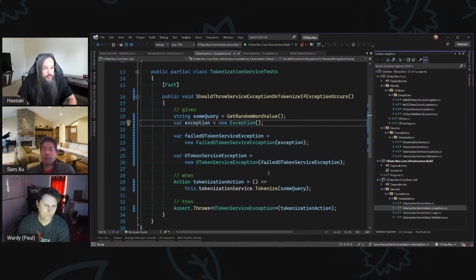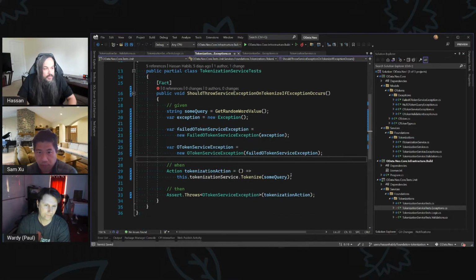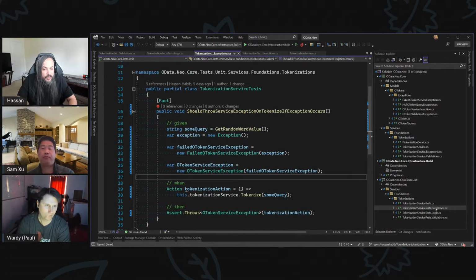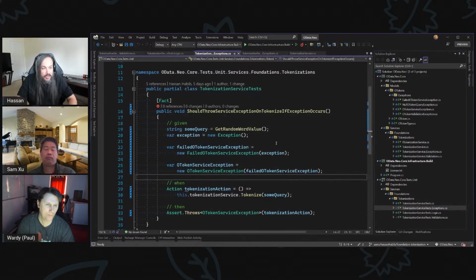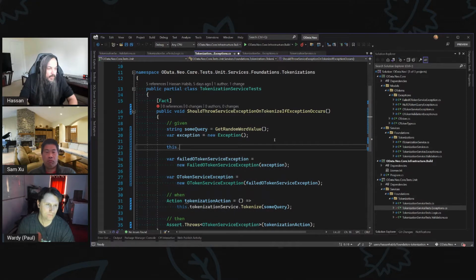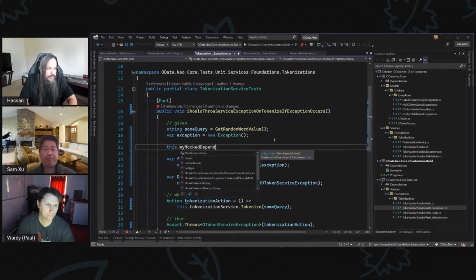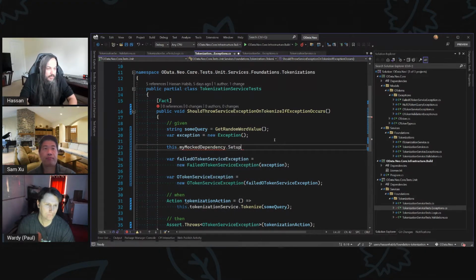Okay, how are we gonna do that? The engineering experience here is really, really important. I want to make sure that when we're throwing an exception and verifying an exception, it doesn't feel too different from what we're used to. Like in here, we basically said, oh, just throw a bad thing and just make it happen. In mock, you basically go and say this dot my mocked dependency dot setup like this, and then you go and